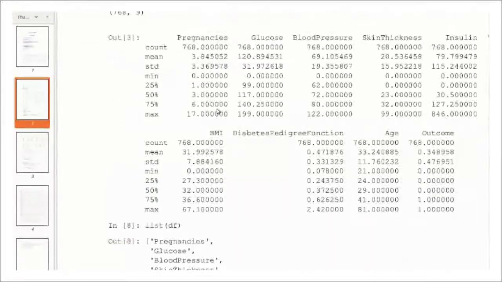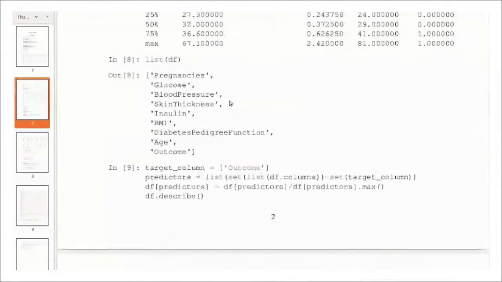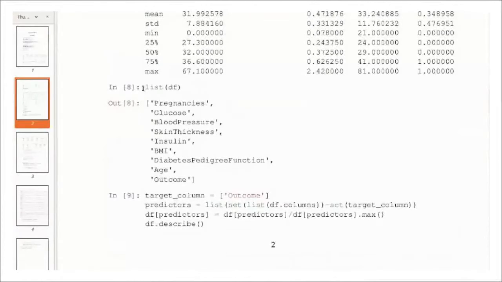This is just repetition. We have already seen this level. Then these are the columns. You can get the column names by simply taking the list of the data frame, which will give a list of the corresponding column names, or you can use df.columns to get the column names. There are different options to get the same result, but simply we can use the list of the data frame to get the variable names. Here are pregnancies, glucose, blood pressure, and the outcome of diabetes based on some clinical values. That is the data set description.